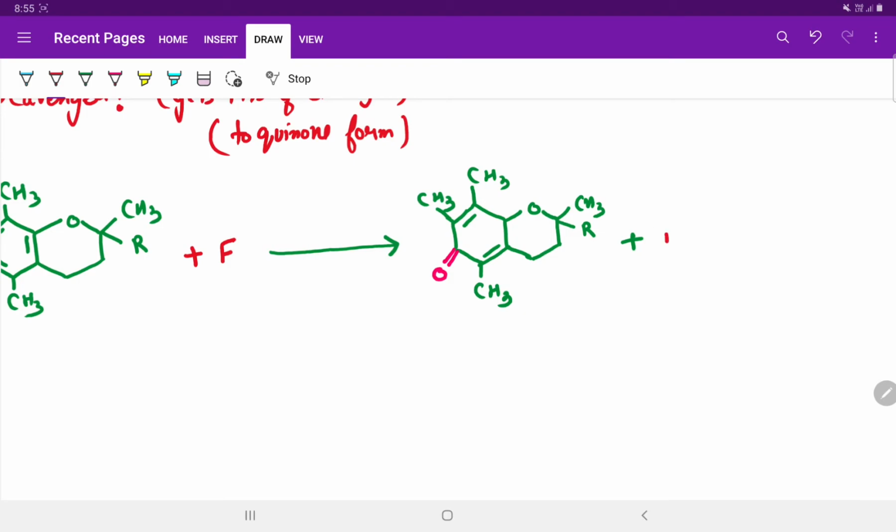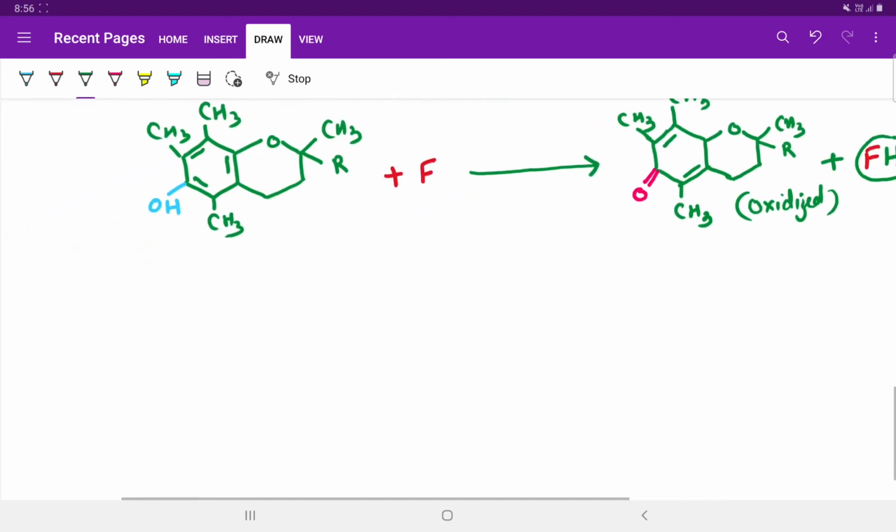So how is this reduced? By addition of a hydrogen from the OH group. Now you can see the free radical is reduced and this is oxidized. So this is the mechanism how the free radicals are scavenged and vitamin E itself gets oxidized to prevent the further deterioration and degeneration of polyunsaturated fatty acids.